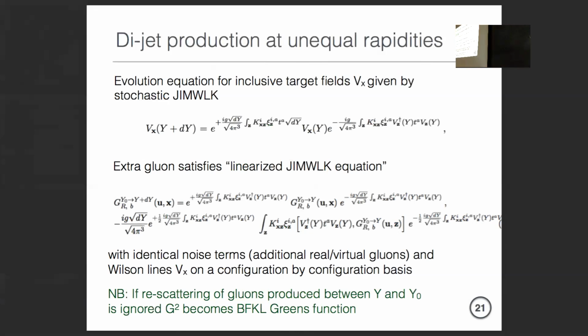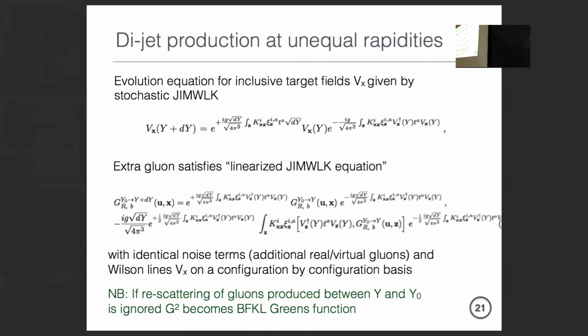And so really the new object that appears here, as I said, is this Green's function or propagator, which describes the action of the Lie derivative after some evolution. This is basically our saturation analog of something like the BFKL Green's function. If you were to square this, you should actually just get the BFKL Green's function for the extra gluon emissions in between. I mean, these are the equations that you have. Is that obvious that it has to be?